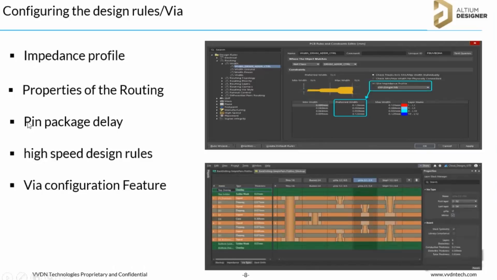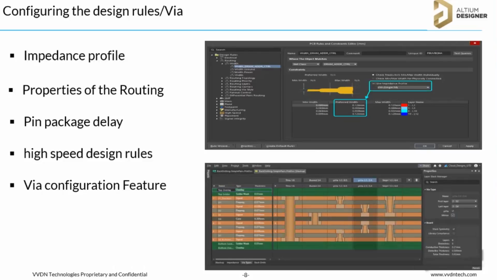And yeah, pin package delay. So we are routing the signal in the PCB, and we have an option to match the signal in the PCB, right? But already there is a pin delay. If they are developing the processor, I hope you are aware that inside there is a routing, right? So already there is a delay for each pin. So if I have to match the signals, like if it is a high speed signal, there is a guideline. So all the signals should be